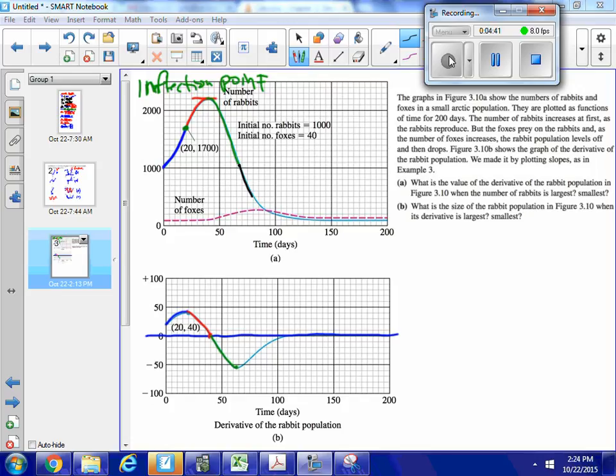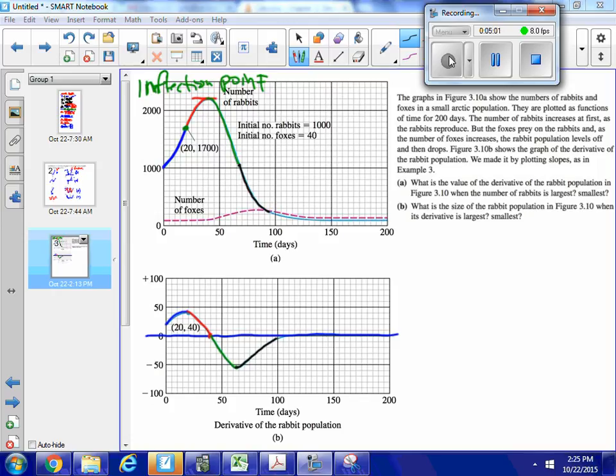It's still negative, the slope of my tangent line, but it's getting less and less negative. It's starting to even out. So you can see that right here. The slope of my tangent line is still negative, but it's starting to even out. And